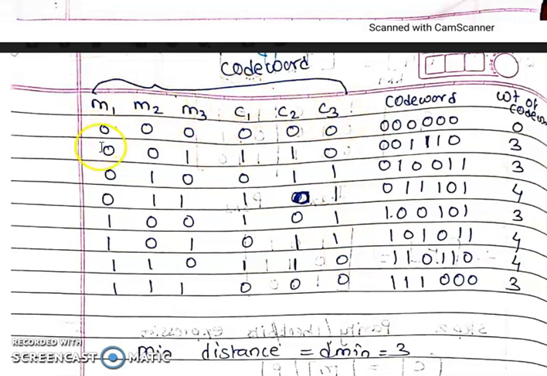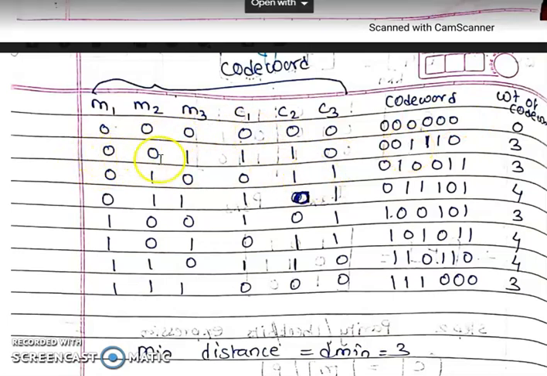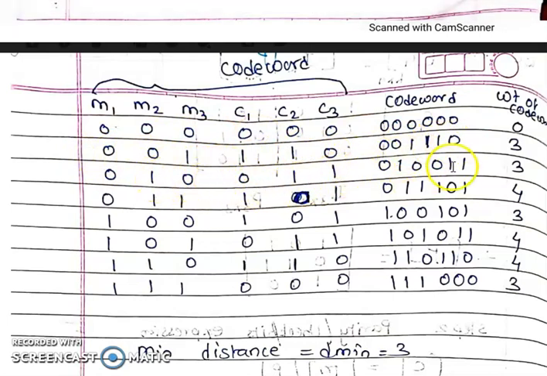When we combine all this, that is nothing but the code word. The code word is formed of 6 bits. So when you combine that, the first code word will be all 6 zeros. Then the second code word, when you combine all this, is 001110, which is the next word. When we combine this, it will be the next code word.